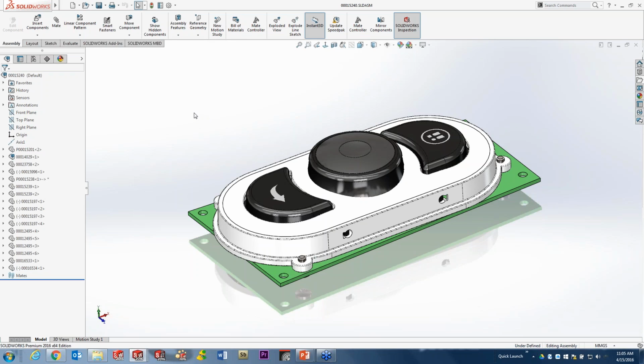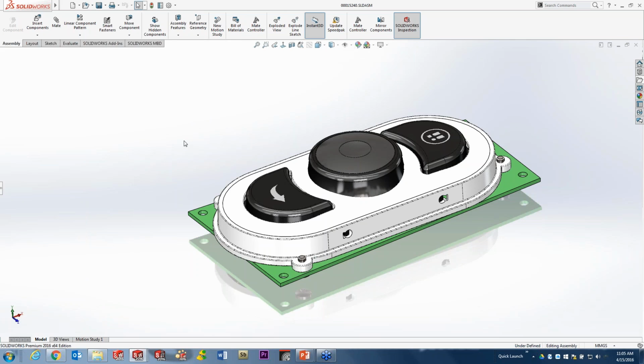Now, the interface itself has another really fantastic addition to it, and I'm going to go ahead and focus on this by collapsing my feature manager for starters here. And the tool itself is called Breadcrumbs. Now, it's a new way to interface with the software, but really it becomes a very comfortable way to get to the details of your features without really having to sift through the feature manager